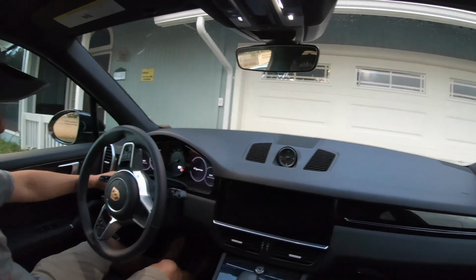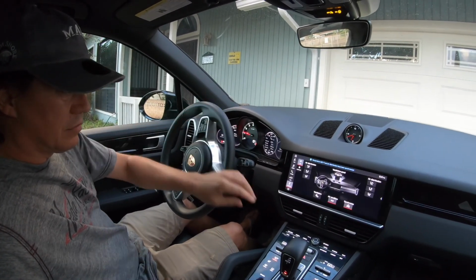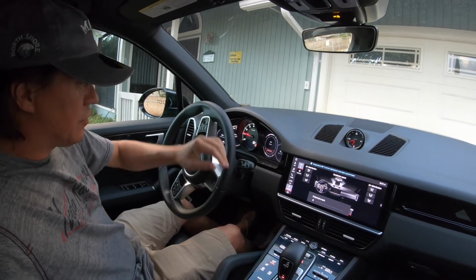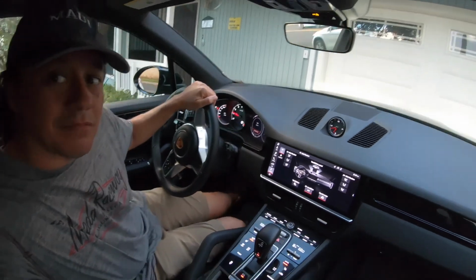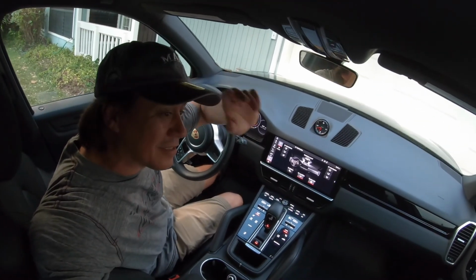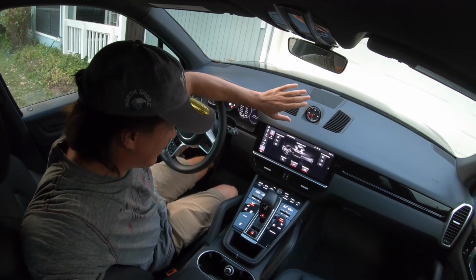Starting it up, it's not a big deal. Let's watch it. It's keyless. Keep the music down. Now, I don't know how to work this infotainment system at all. Like, how did I...